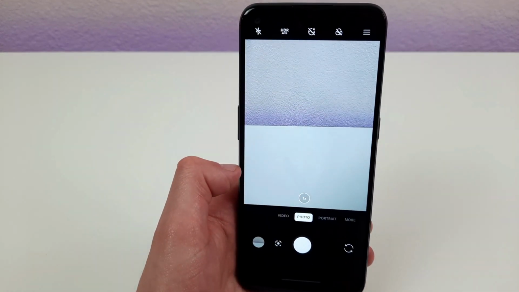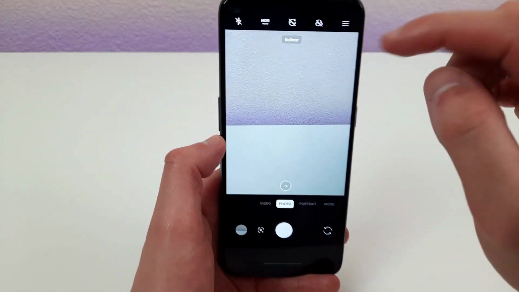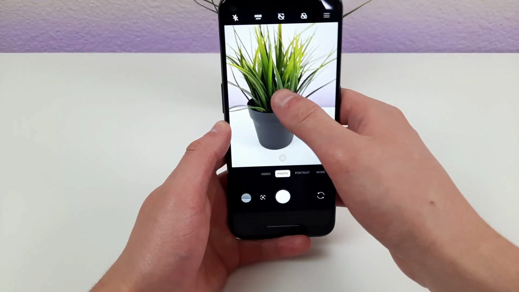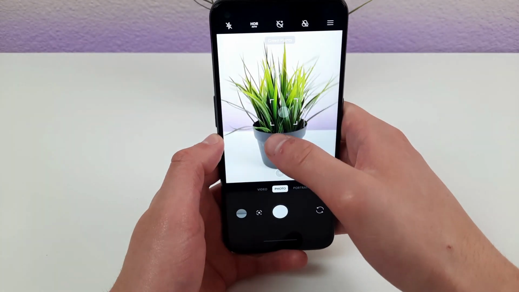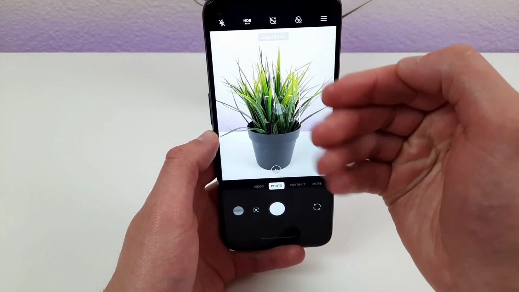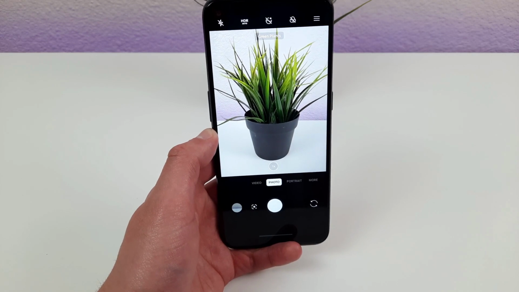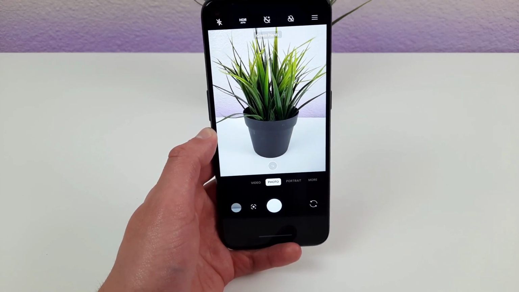I'm going to show you what it looks like in action. So right now, you see it said indoor right there. And for example, let's say we put this plant right here. Once it focuses, it does say green plants. So it really recognizes what the picture actually is of, and it helps it adjust the sensors to take the